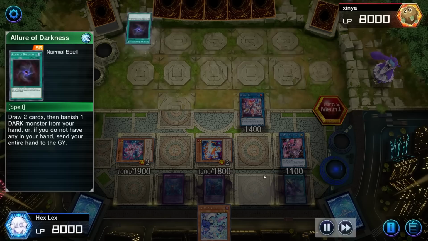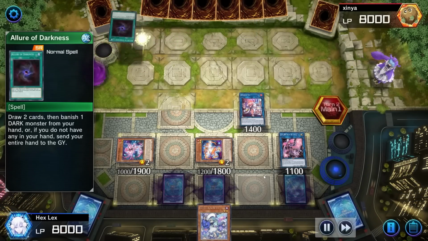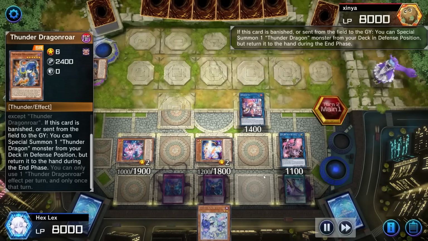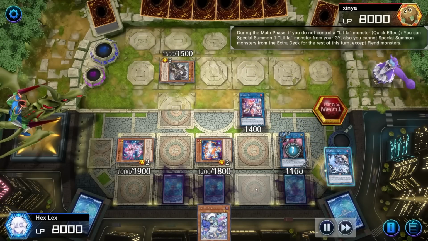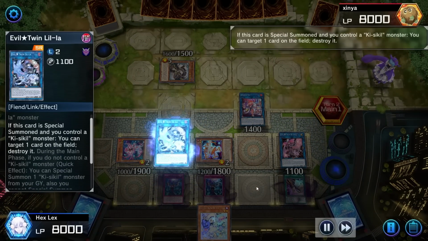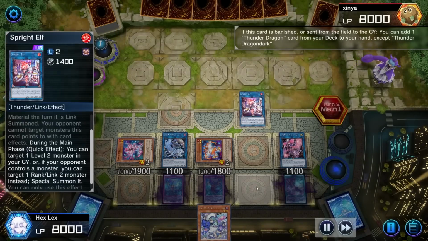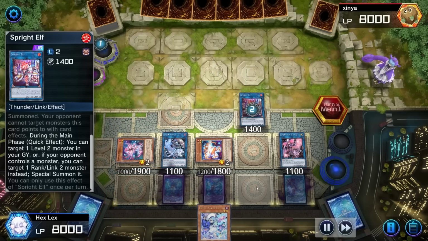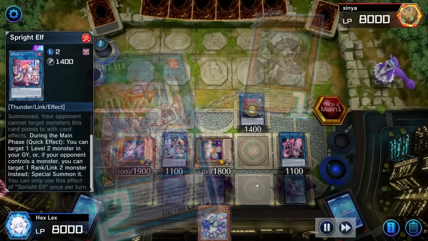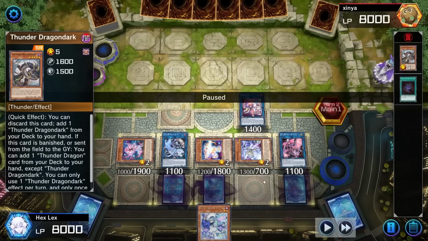So, opponent's turn is coming up here. They start with an Allure. I actually thought they were a Branded Despia variant for a moment, until of course they send the Thunder Dragon Roar, getting the Thunder Dragon Dark. I'm actually going to blow this up with the Lil-la to make it a little bit more difficult for them to get Colossus, even though they get to, of course, add a Thunder Dragon monster due to the Thunder Dragon Dark's effect. In hindsight, looking at that play,